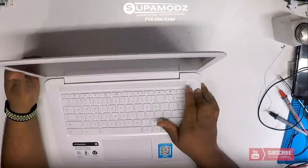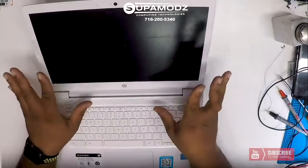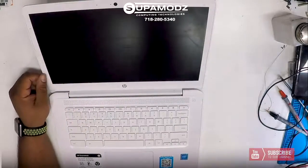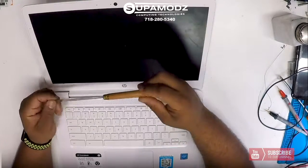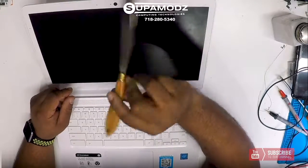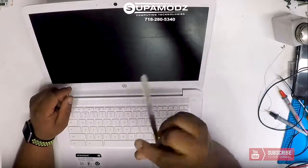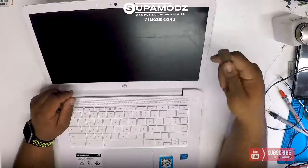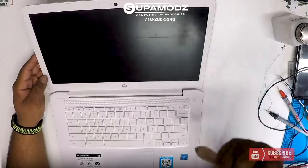And what I'm going to do is remove this bezel from around it. I should be able to just pull 4 screws out and get this thing completely out and gone and lifted. So what I'm going to do here is I'm going to get, again, I have a knife. This is Blick 112. This is a painter's knife. This is what the painters use to scrape the paint on the board. I have quite a few of these. These things come in handy so well when you're opening up devices. You get the handle, so you have a firm grip, and you could just go around and pry stuff